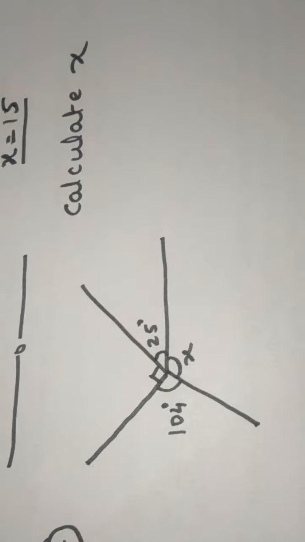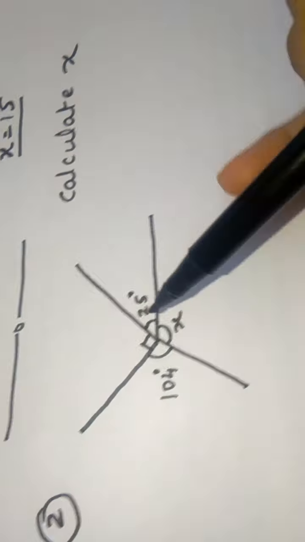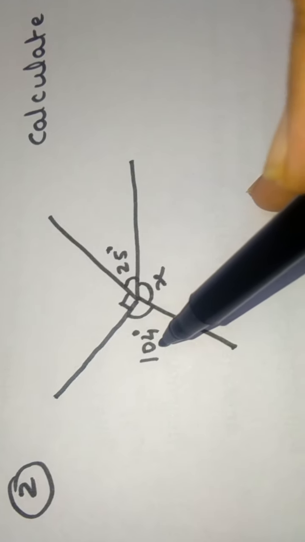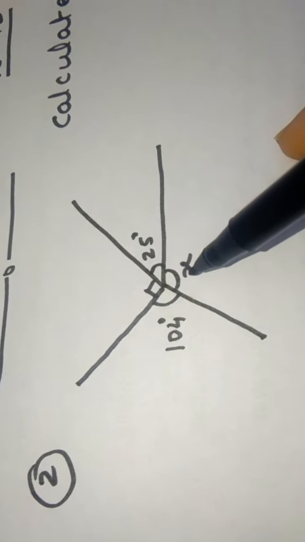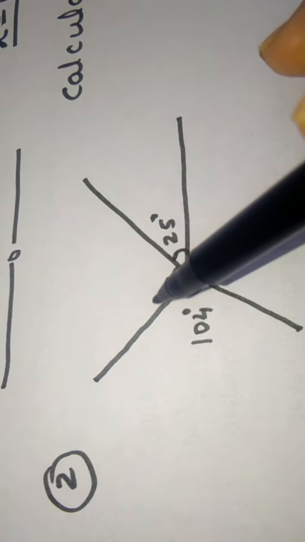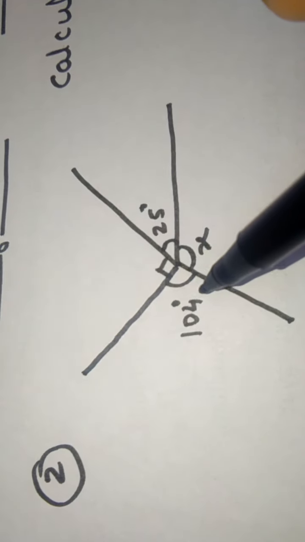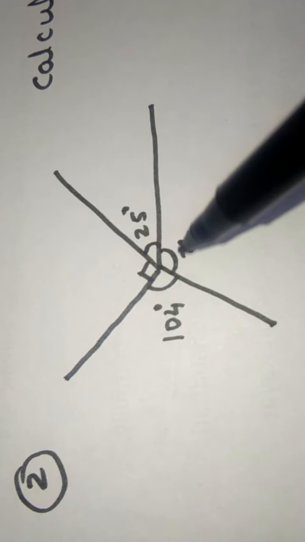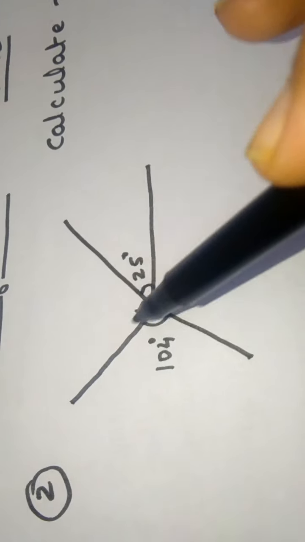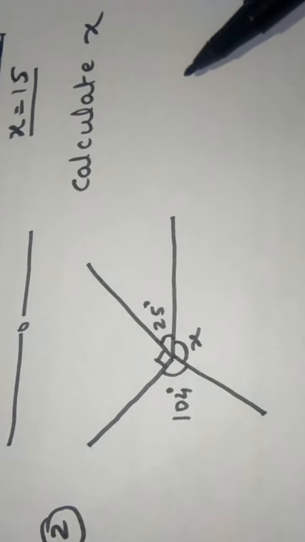You have the given figure. This angle is 25. This sign we have given, that is this angle is 90 degree. Measure of this angle is 104 and this angle is x. If we complete this figure, then it is a circle and the measure of circle is equal to 360 degree total.